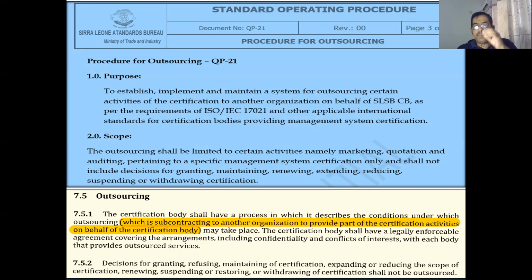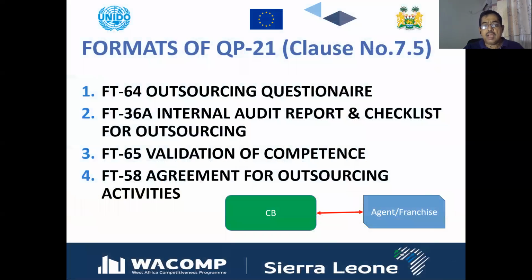But again, the responsibility for the certification and for the decision will lie on you. So if you are responsible for these kinds of things, then you have to take care while you are developing the